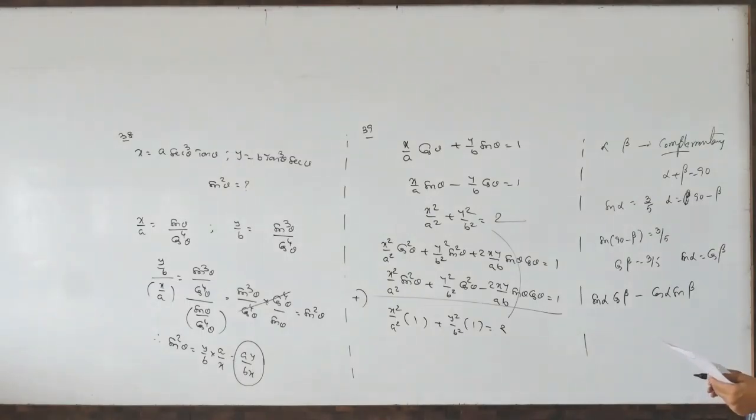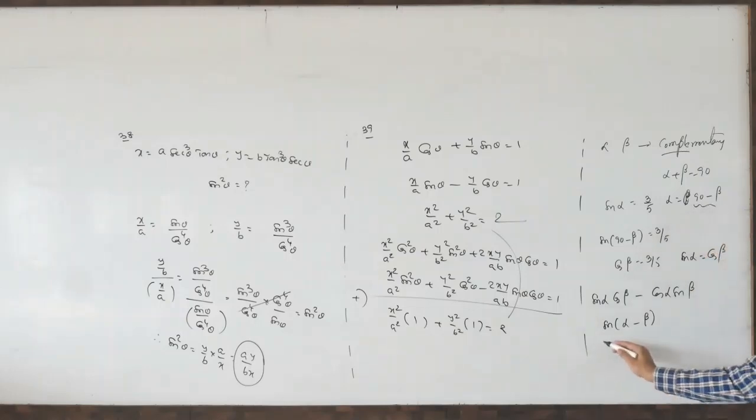Actually this is a compound angle: sin A cos B minus cos A sin B. What is this actually? Sin of alpha minus beta. Alpha value, you write this one. One method I am doing, actually easy to understand. Therefore,